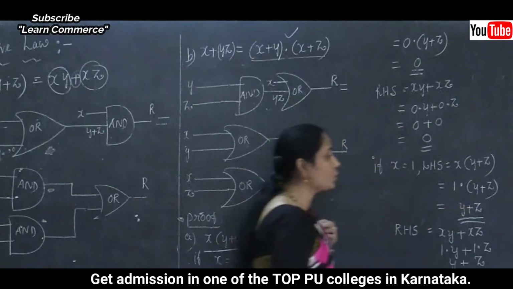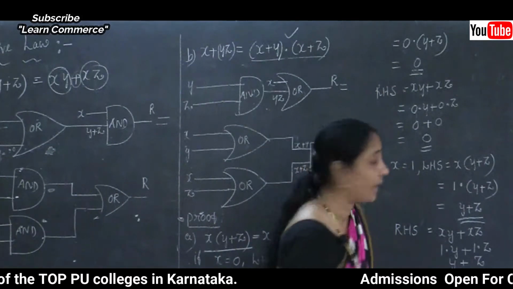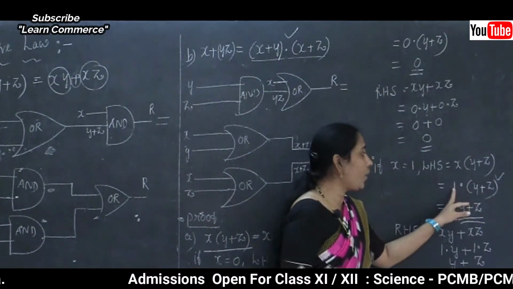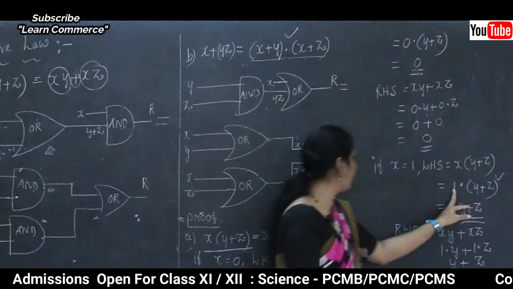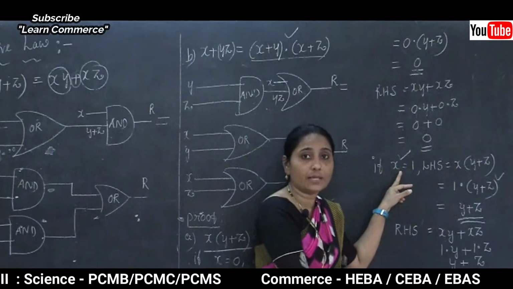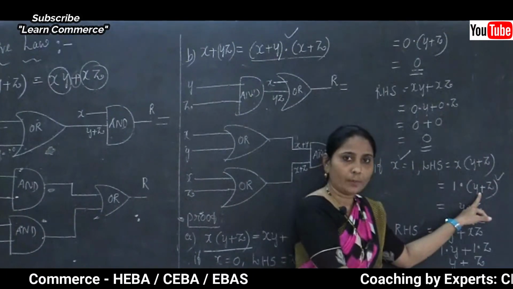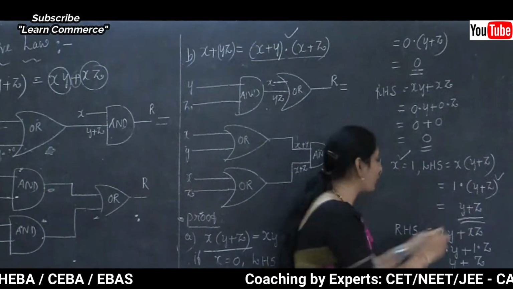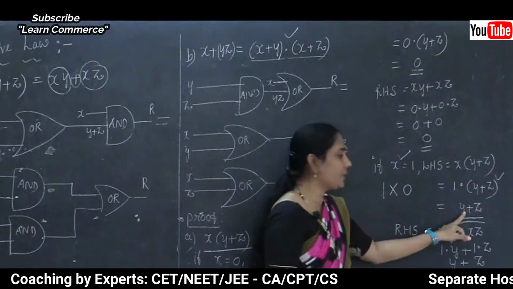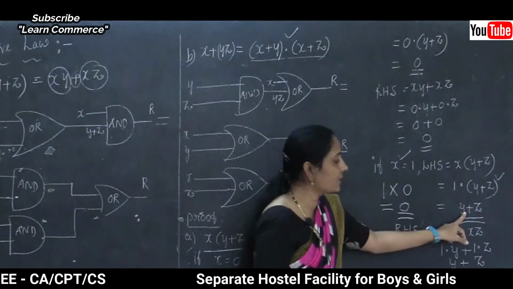So when you multiply, it depends on the y plus z value. How do we know? It depends on the y plus z value, because we already took the given value for x as 1 here. So 1 and y plus z. Maybe the y plus z value is 0. So when you multiply, the result will be 0. Is it? So the result is 0 here.